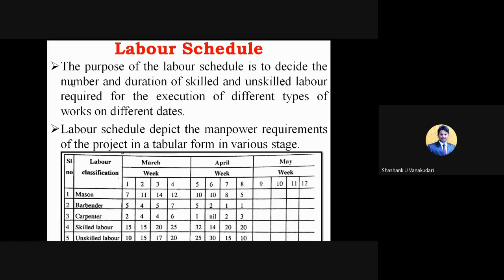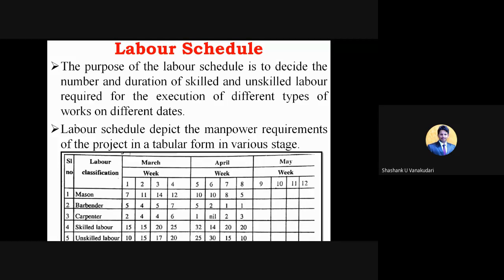For example, as I told in the earlier part, for a construction of a wall, by using 10 members, it can be completed in 5 days. In the same case, if the number of labors is increased from 10 to 20, it can be completed in 2.5 days also, right? So depending upon the total availability of the resources, the total duration will depend. Based upon the labors assigned by the top management, this schedule will depend.